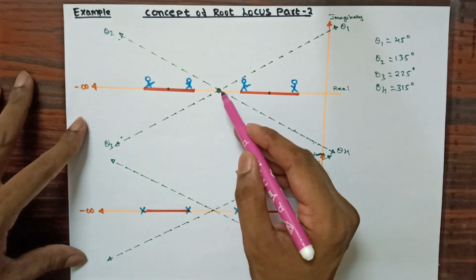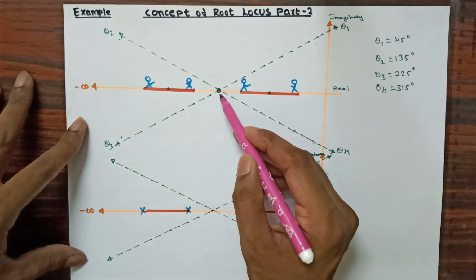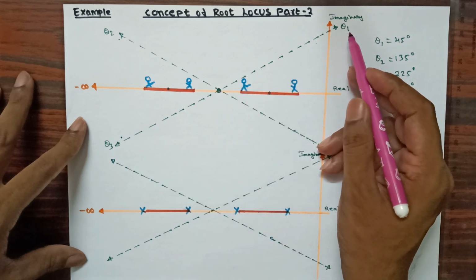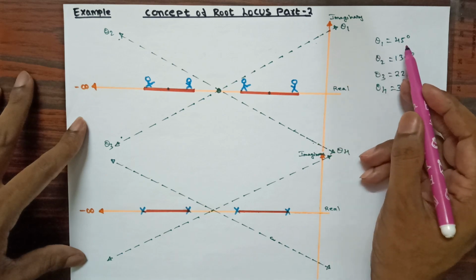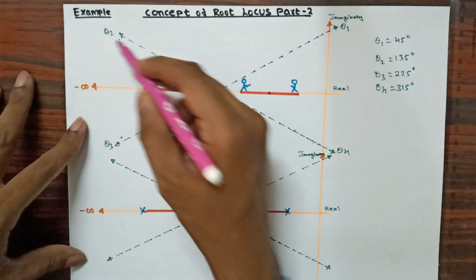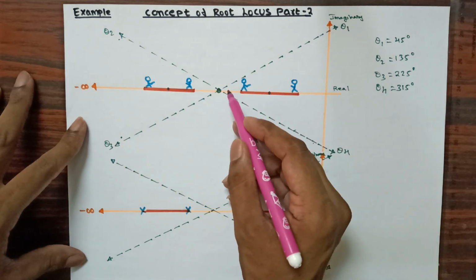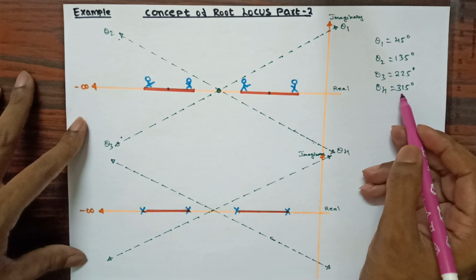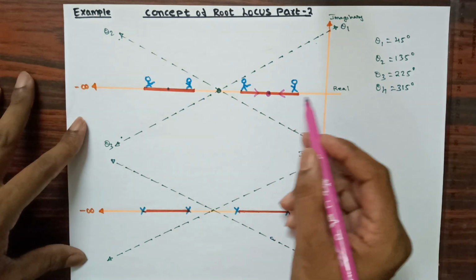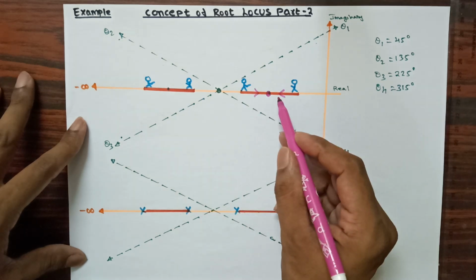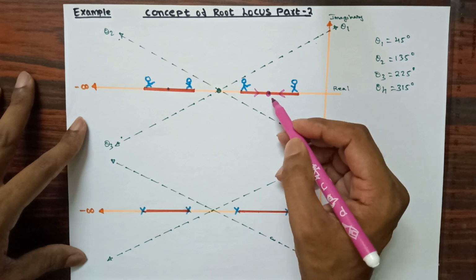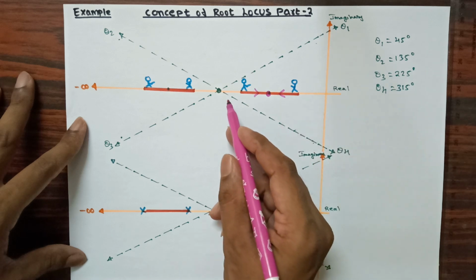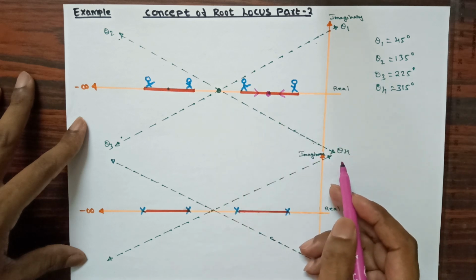Now you can see that this is the centroid point I have considered, and I have drawn the 4 angles here and named them. So theta 1 is 45 degree, theta 2 is 135 degree, theta 3 is 225 degree and theta 4 is 315 degree. These two persons move in this direction and come out, and they try to move at an angle of 45 degree, one person, and another person will try to move at an angle of 315.